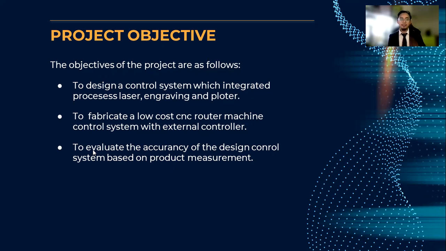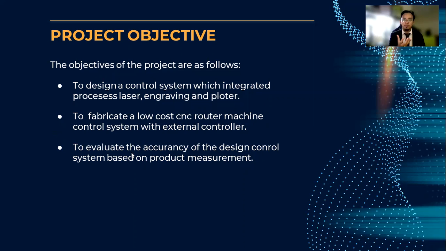Okay, the third objective for this project is to evaluate the accuracy of the designed control system based on product measurement. So after we have designed and fabricated the low-cost CNC router machine control system, the last objective is to evaluate the accuracy of the system, where we will draw an object, or we will make an object